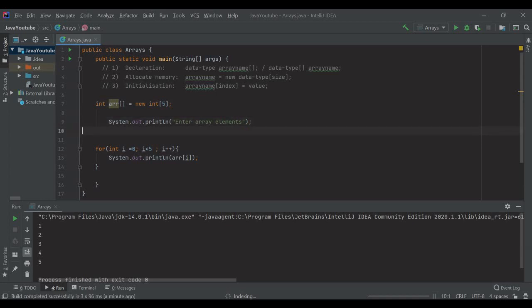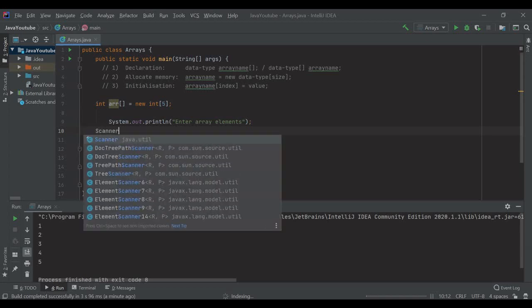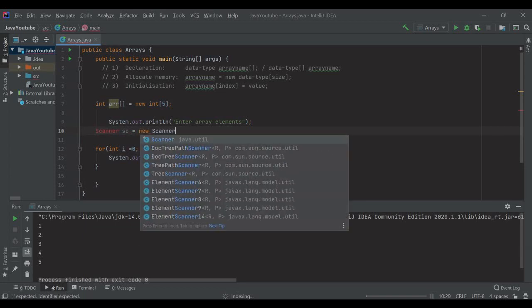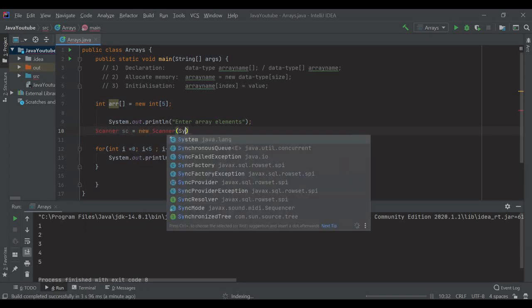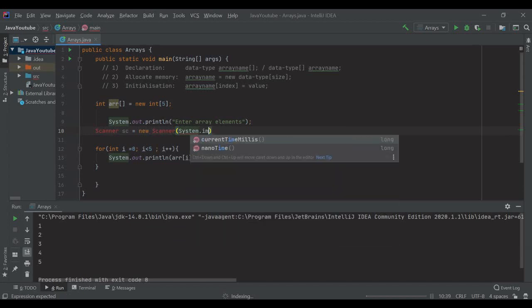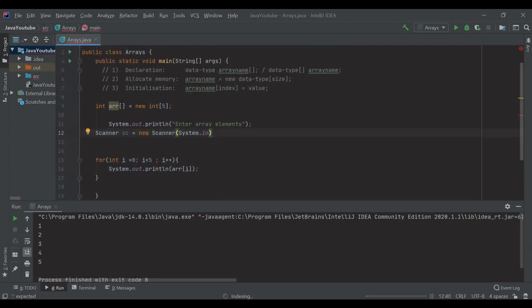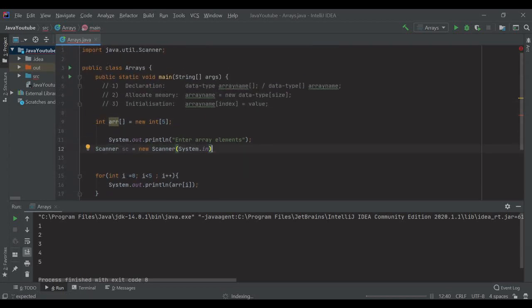Then the next step is the scanner utility, just press alt enter. By doing this you specify the scanner utility over here so that the IDE knows that you want to accept user input.